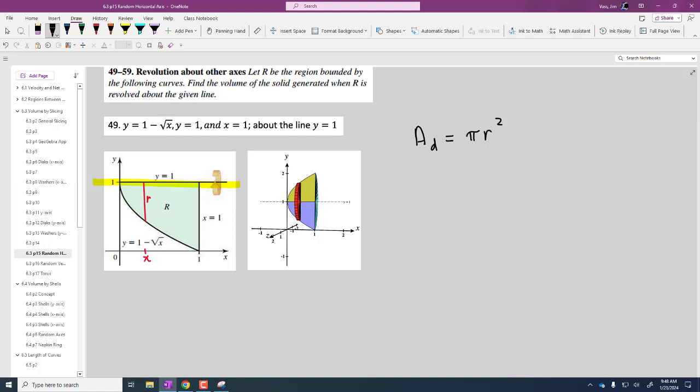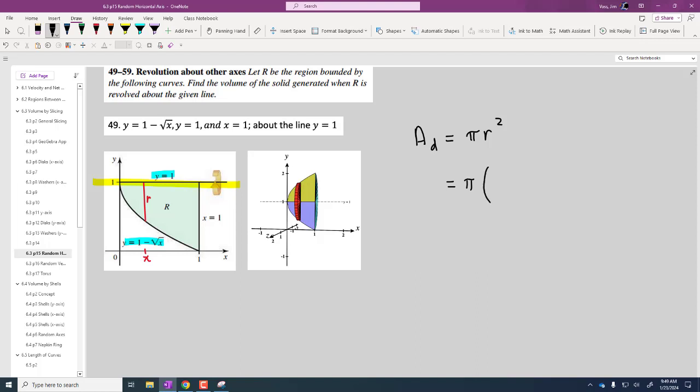So we want the curves that bound it to be presented as y values. Vertical distance is always a change in y. So we want the upper curve presented as a y, the lower curve presented as a y. Oh, they already are. Good. So there's the upper curve, there's the lower curve. Both are presented as y values. Vertical distance, upper y minus lower y. That's how we always find a vertical distance, upper minus lower. Horizontal, right minus left. So this tells us then that the area of our disk